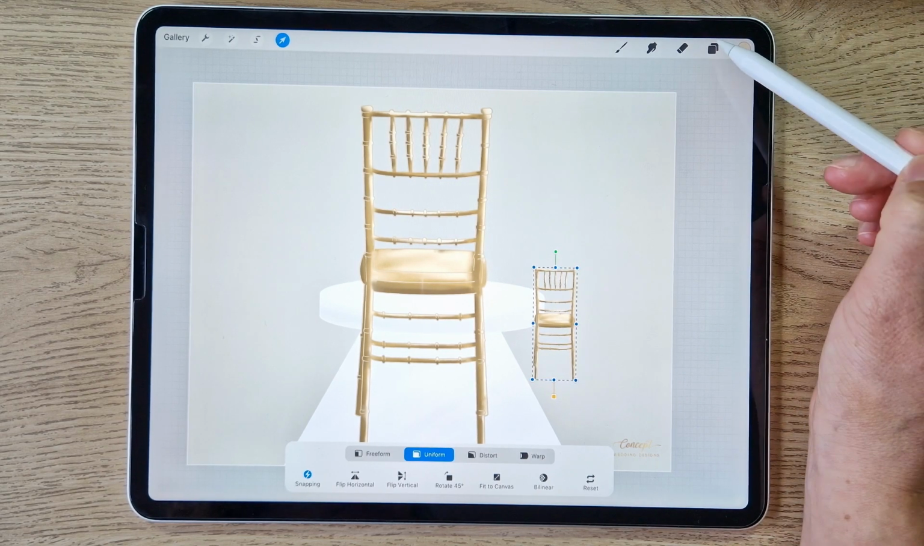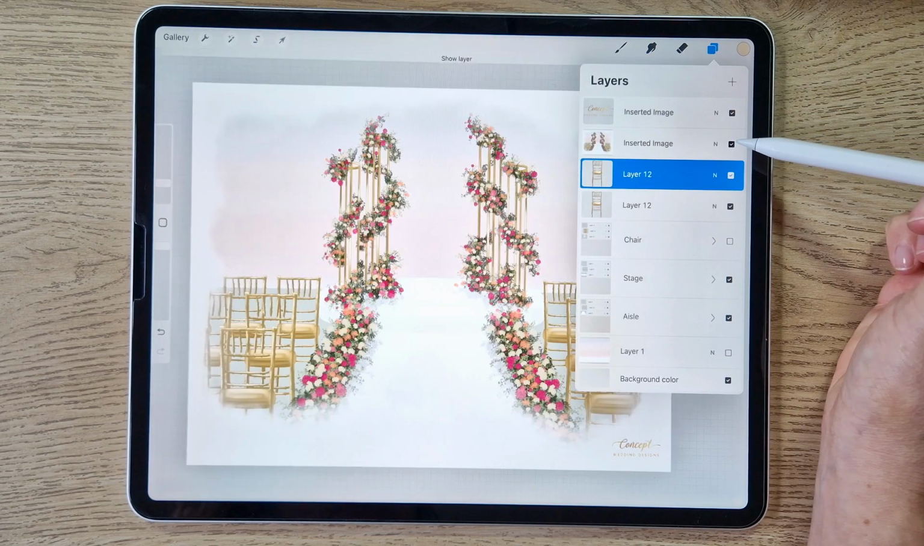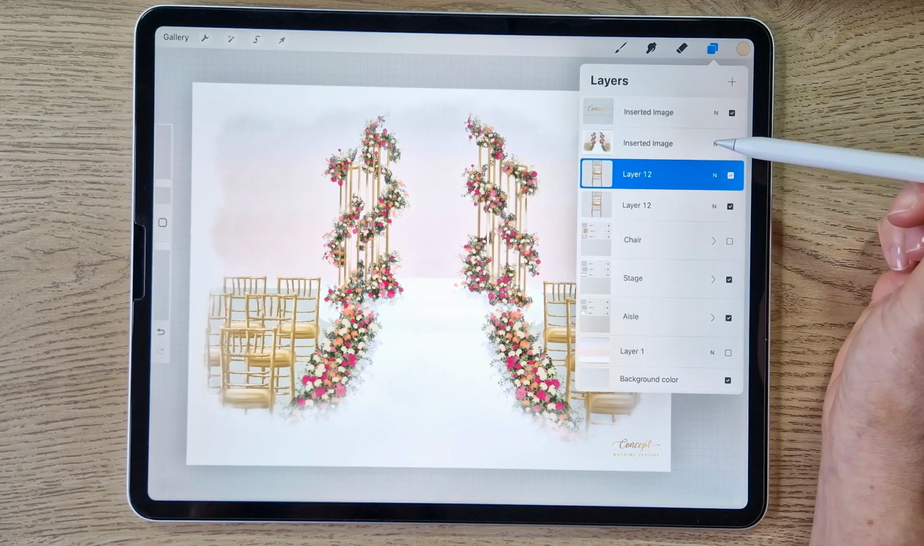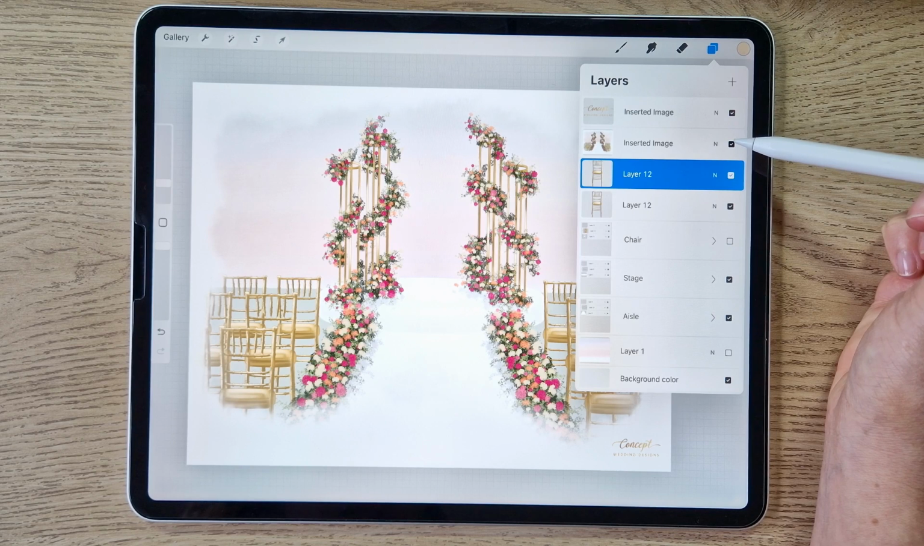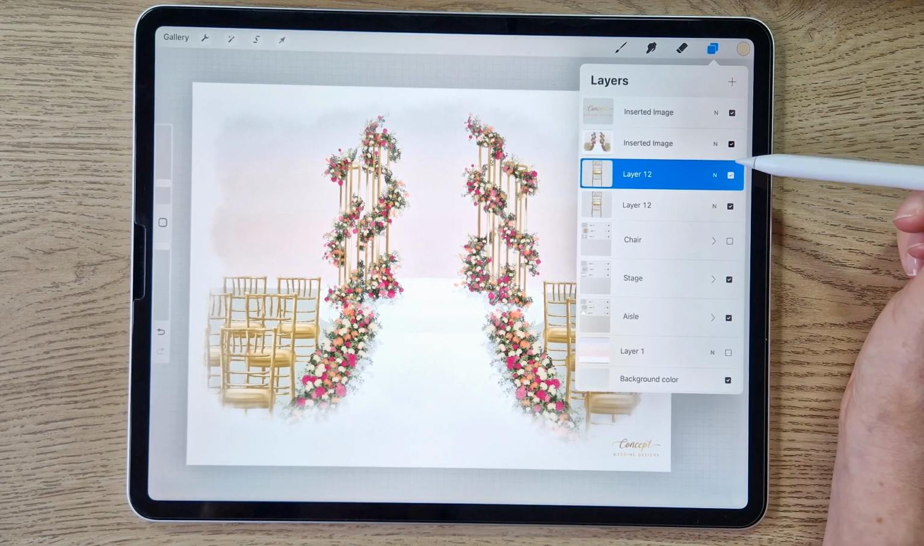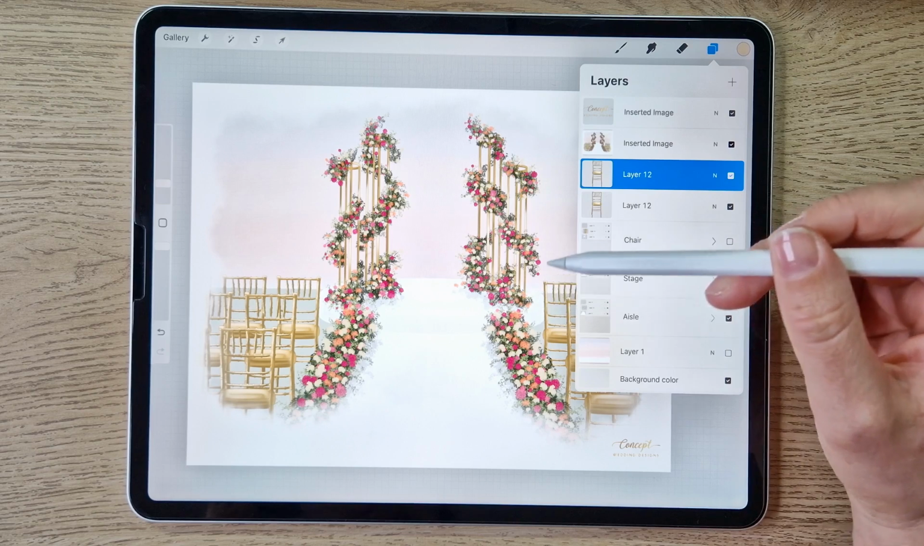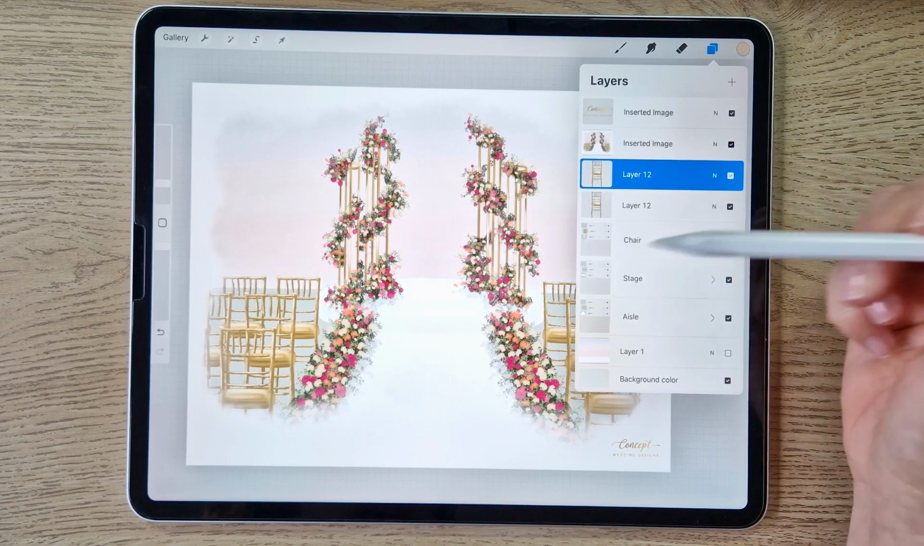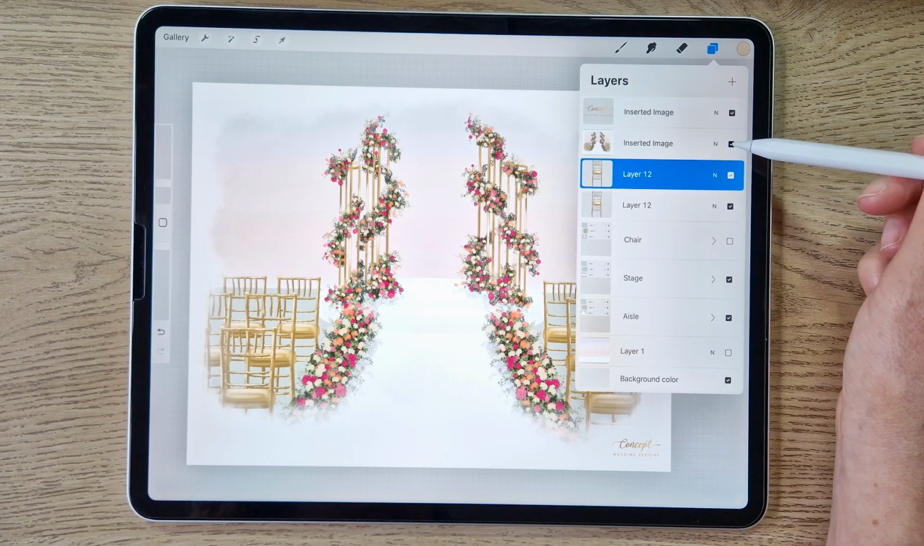If you want, you can go and reference the example image. It doesn't have to be exact, just place it somewhere so it's in proportion to the stage and the aisle, and somewhere where we're not blocking any of the view of this statement floral piece. So I'm actually gonna